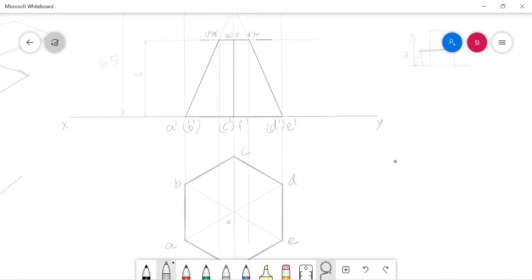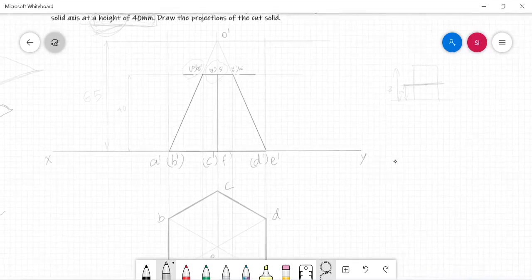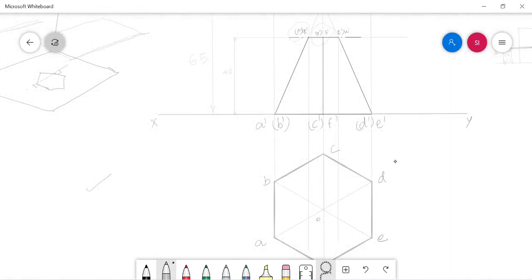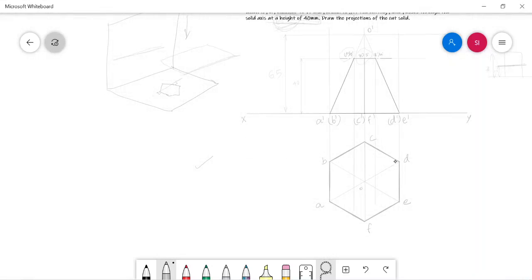If you want to project the R dash S dash in order to mark them in their respective slant edge in the top view, it's not possible directly. For example, I want to project the points P dash Q dash. For our understanding purpose, I'm writing their addresses. The points P and Q are in the edges OB and OA respectively.